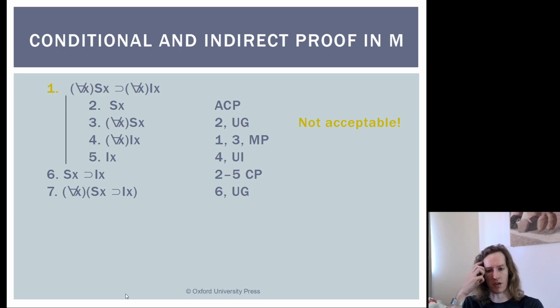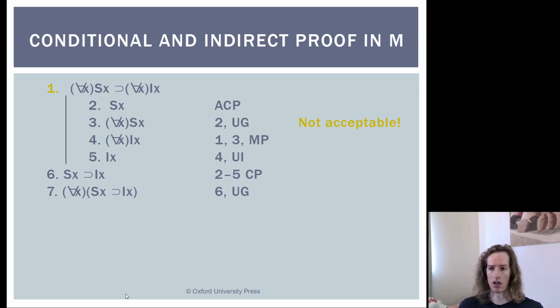So when we assume a variable, we need to treat this variable, even though it's a variable, as existential in a certain way. The assumption with Sx is that there's just some random object that has the property S. It doesn't retain its universal character of applying to all objects. And that's because it's just an assumption that we're making about Sx. Here, we're saying that there's some object S. It's not something that we instantiated from a universal statement in the first place, and so we can't universally generalize from it.